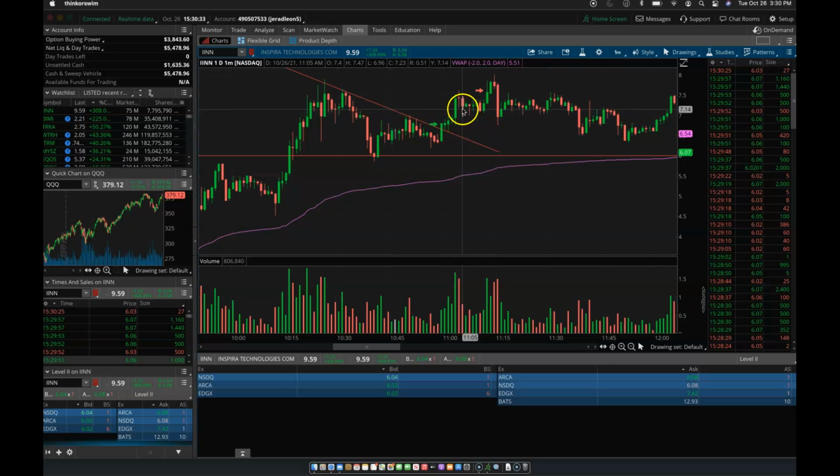So it pulled back, consolidated for a little bit, and then once we perked back up towards the highs, I got emotional and I just sold. I sold for like 12% and just took my single, just in case high of day stuffed, which it pretty much did. And actually, I had my limit set at 8, and I could have top ticked it there